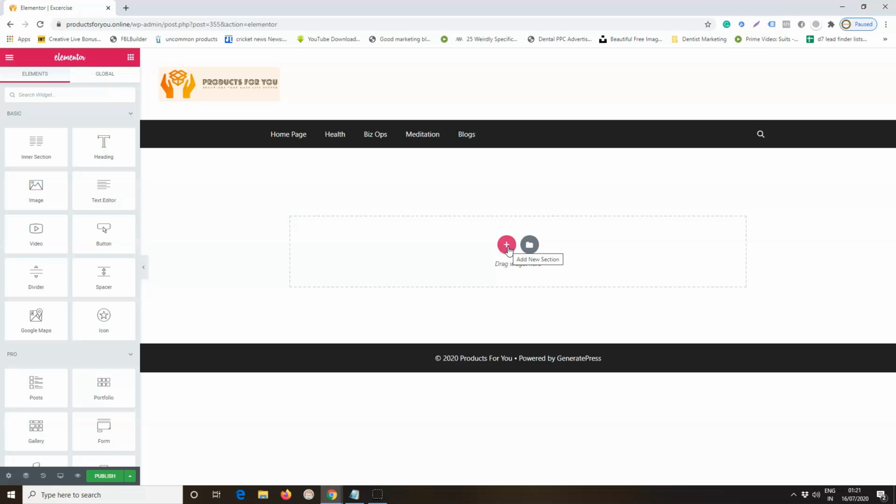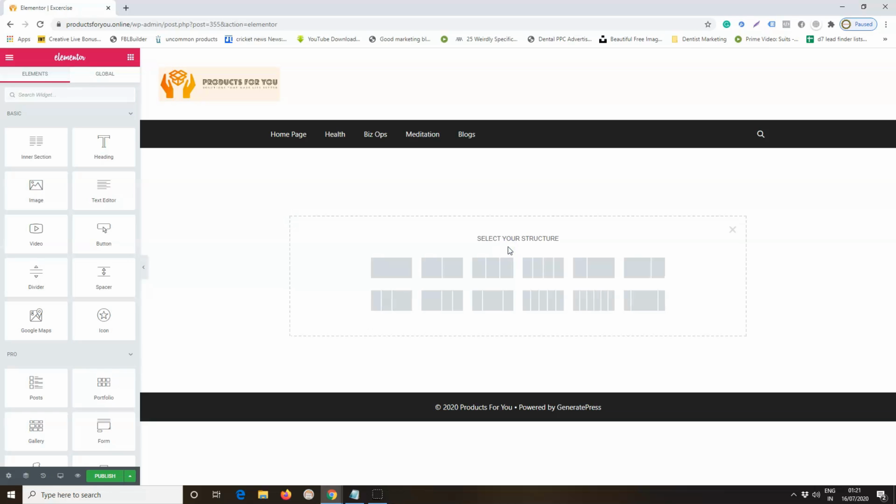You can click here to add a new section and select the layout for your structure. This is the blank structure with only one column, from left to right. This has two equidistant columns, so your screen will be divided into two parts, and you can add two different elements in that. This will divide it into 3, 4 and so on.